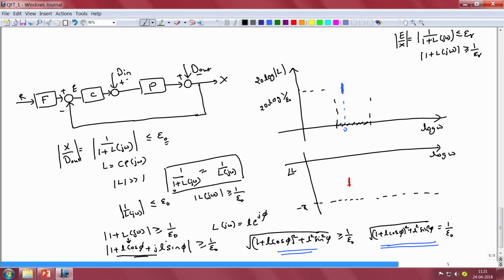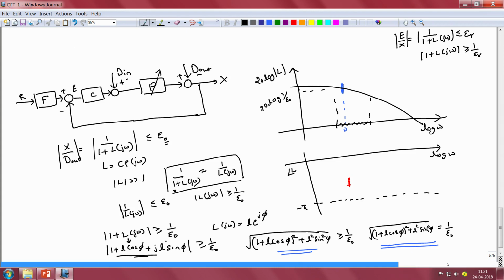All these problems actually become far worse when we are confronted with a plant that has uncertain dynamics. So, if there is uncertainty associated with the gain of the plant or the locations of the poles or the zeros of the plant, then we do not have a single transfer function to represent the dynamics of the plant. If we have a single transfer function for the plant, then we have a single curve for the loop gain, and let us say I shall draw the magnitude curve here to indicate the magnitude characteristics of the loop gain for a plant which has no uncertainty.